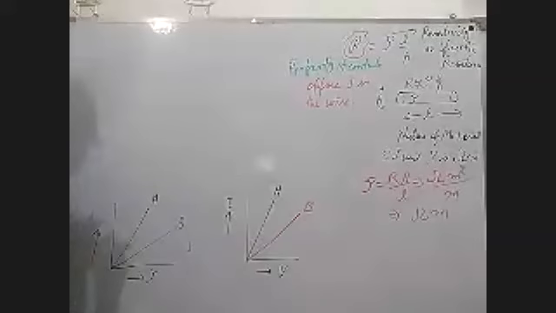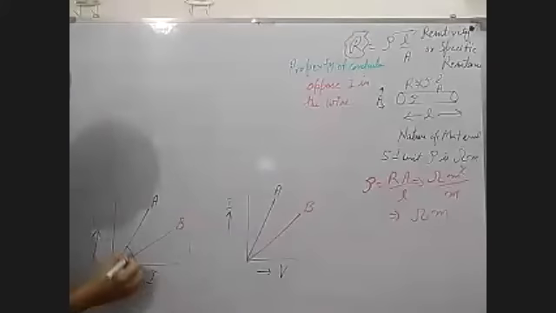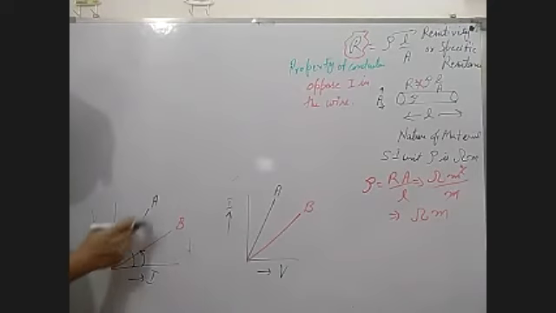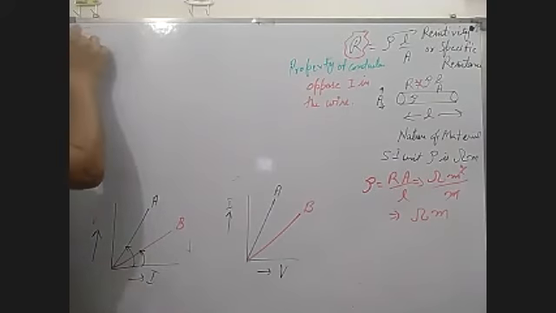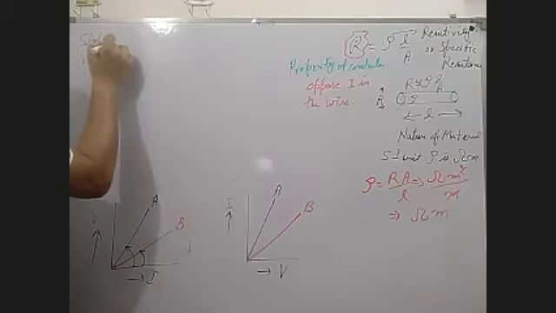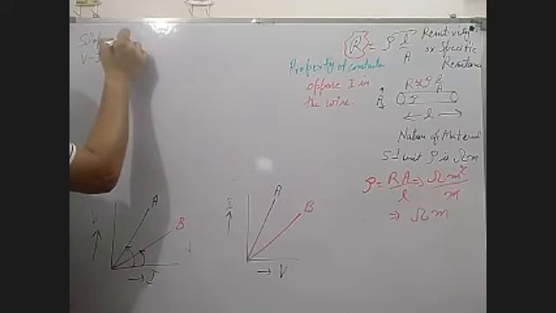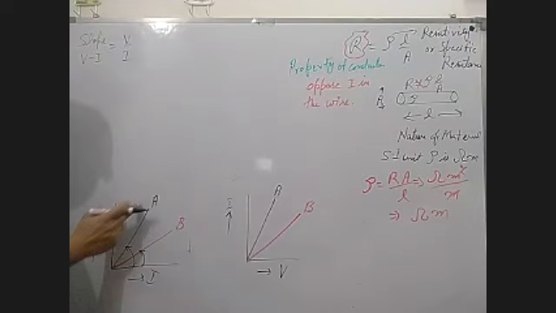You know very well, the slope of the VI graph, A has a greater angle as compared to B. You can see here, A has a greater angle as compared to B in the VI graph. If we are talking about the slope of the VI graph, then it means V upon I is the ratio, perpendicular upon base. As the perpendicular, voltage is there, at the base, current is there. That's why we can take the ratio V/I.